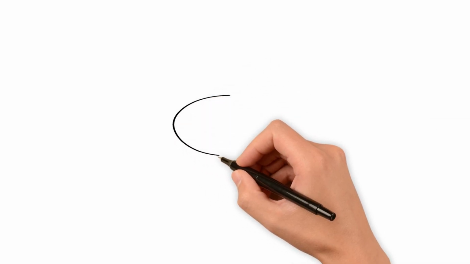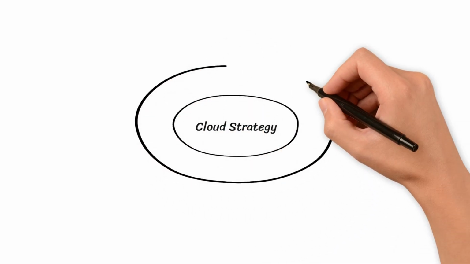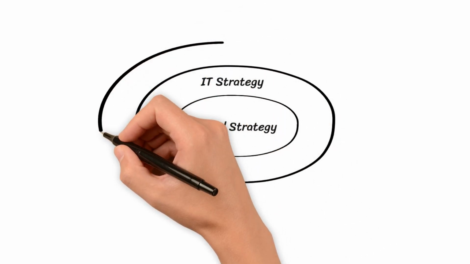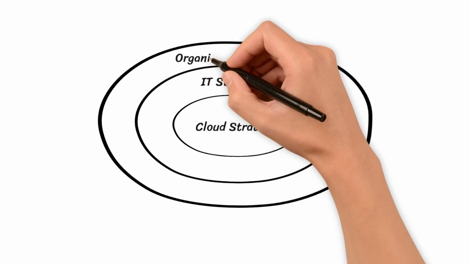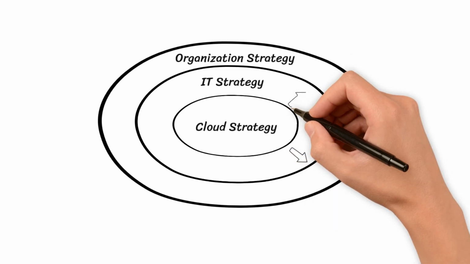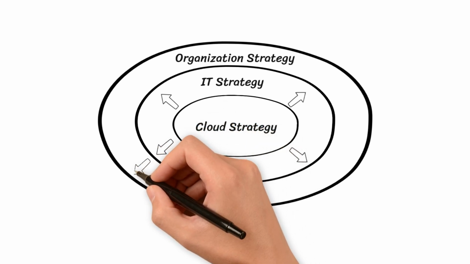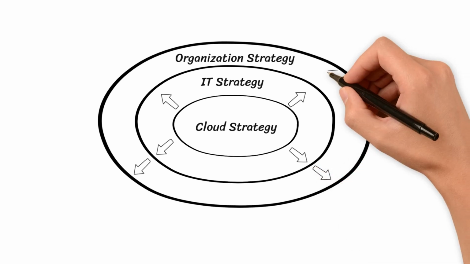In the center, we have the cloud strategy, the specific roadmap guiding our use of cloud technology. Moving outward, this aligns with the IT strategy, which encompasses all technology initiatives in the organization. Finally, surrounding both, we have the organization strategy, representing the high-level goals and vision that drive the business forward. From the cloud strategy, outward arrows flow to the IT strategy, showing how cloud goals support the broader technology objectives. Similarly, outward arrows from the IT strategy connect to the organization strategy, illustrating how technology aligns with the